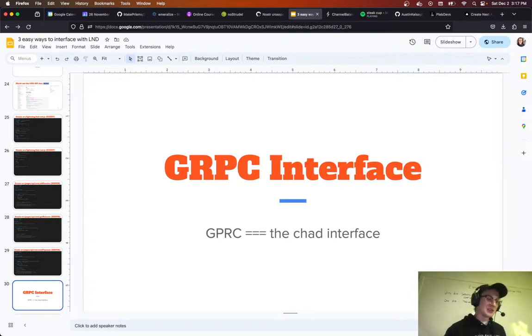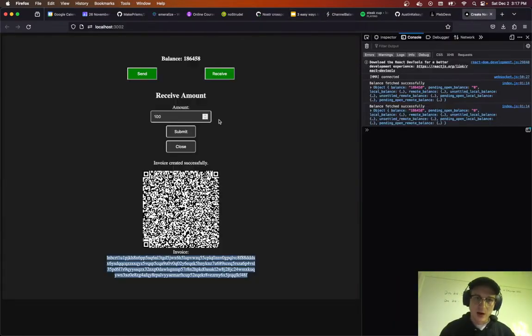And a lot of times at the HTTP interface, you need to do something called polling. Perfect example here. Remember when I sent a payment, but my balance didn't update? I had to refresh the page to update my balance. Well, that's just how I have it right now to keep it simple. But traditionally, how you would solve this problem is that I would actually, every 3 seconds or something like that, call my balance API endpoint to check if my balance is updated. And that's very inefficient. It's called polling, where we need to constantly request, response, just to keep our data up to date. Versus like